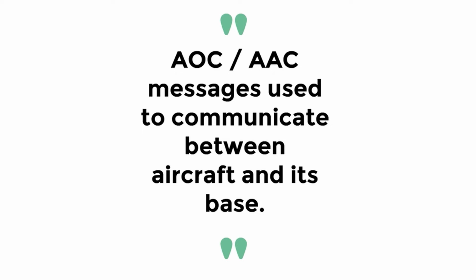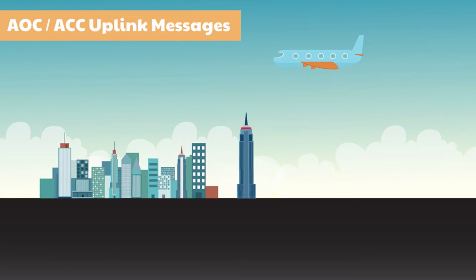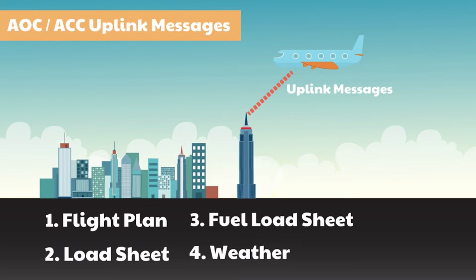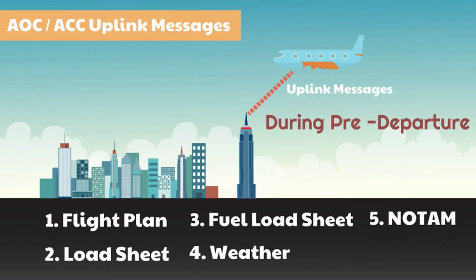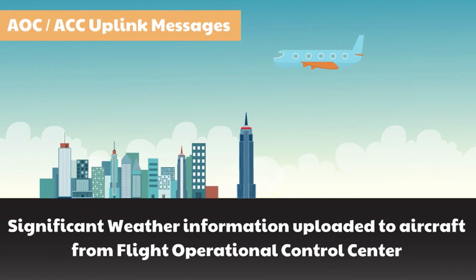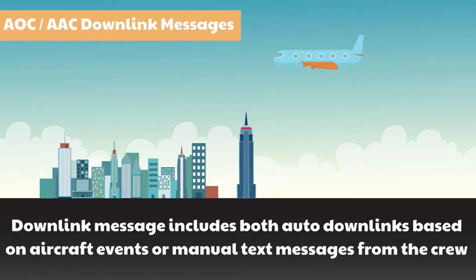For example, the AOC and AAC message includes: Uplink messages include flight plan, load sheet, fuel load sheet, weather, and NOTAM information during pre-departure. Significant weather change information will also be uplinked to aircraft from the Operational Control Center during the flight en route phase. Downlink messages include both auto downlinks based on aircraft events or manual text messages from the